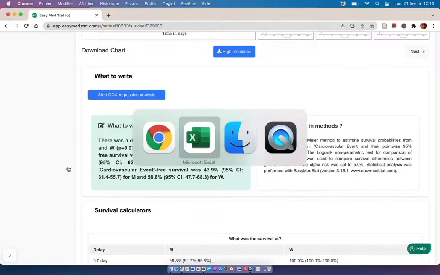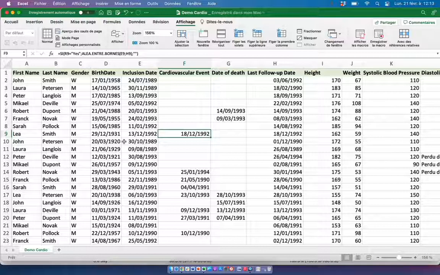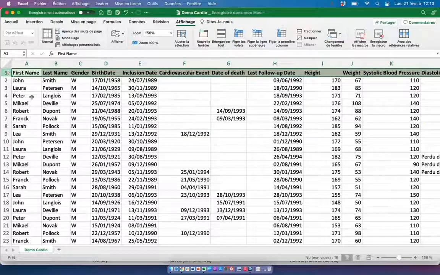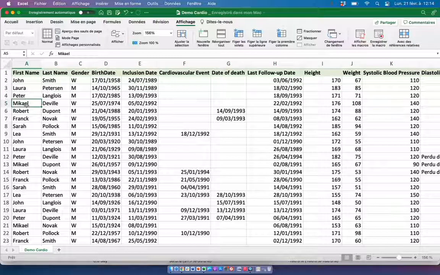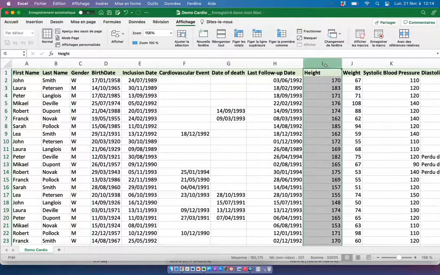But first, let's go to our Excel spreadsheet. And this is a very simple spreadsheet in which the first line will correspond to the name of the variables or the name of the columns of the table. And each following line will correspond to one patient. I can have any information in this table, like for example here, the gender, the height, and the weight of